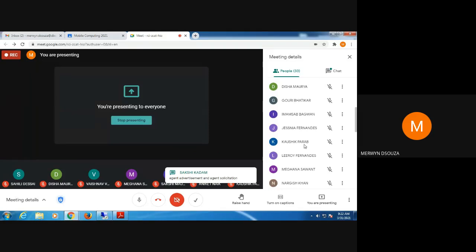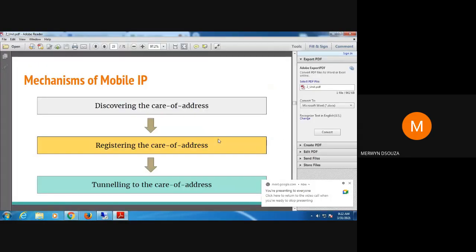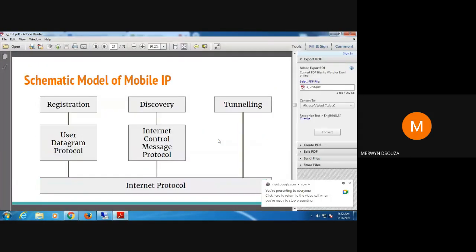There are two ways of discovering the agent once the mobile node has gone to a foreign network. The first one is agent advertisement, and the second one is agent solicitation. So there are two ways. This is the schematic model of your mobile IP.